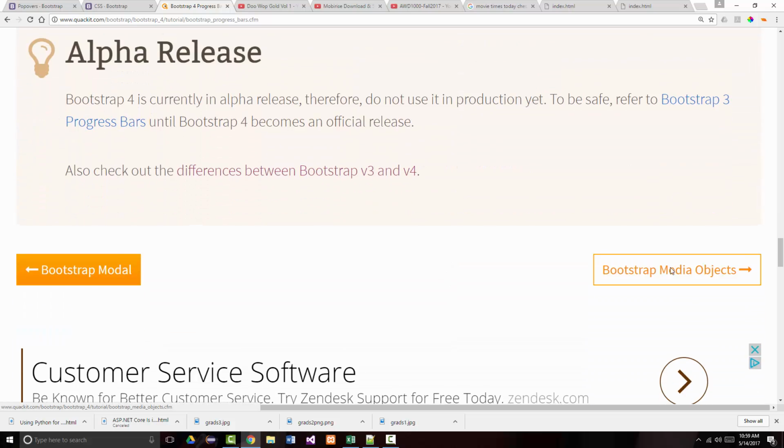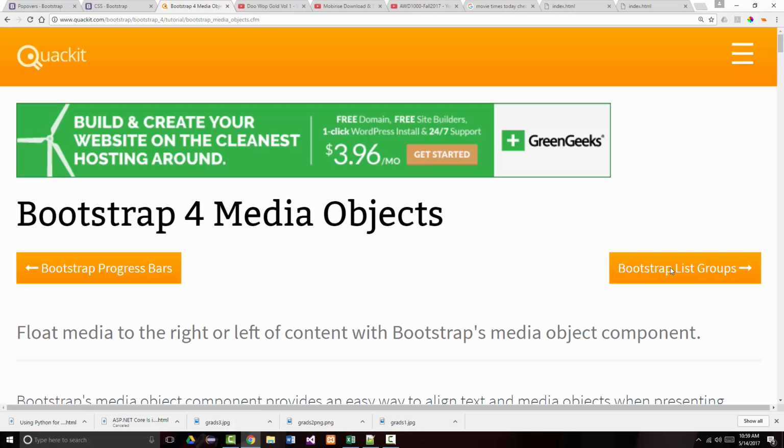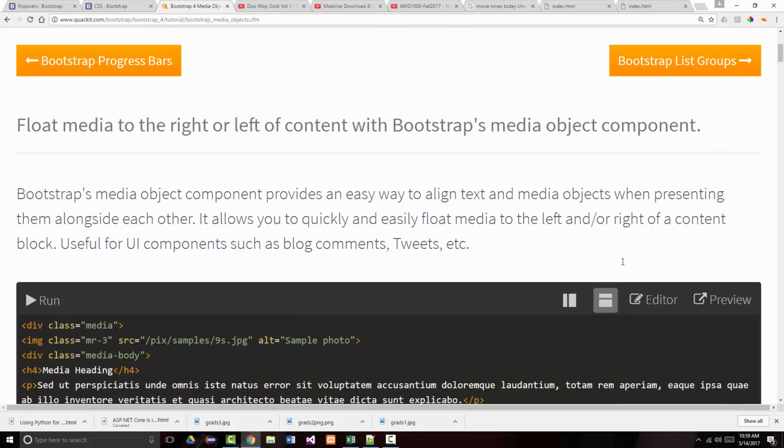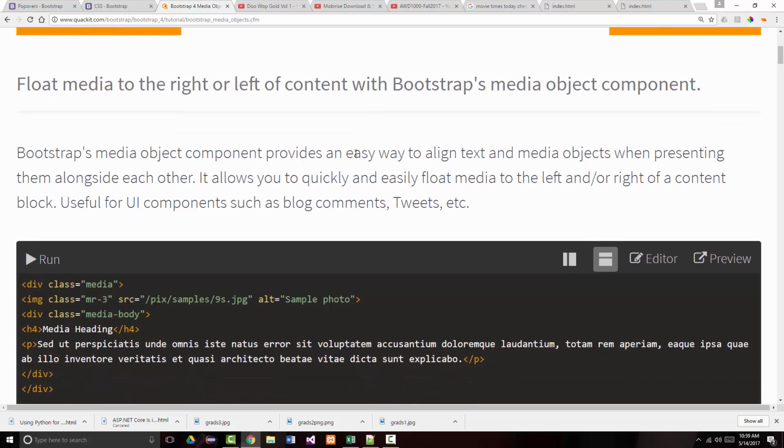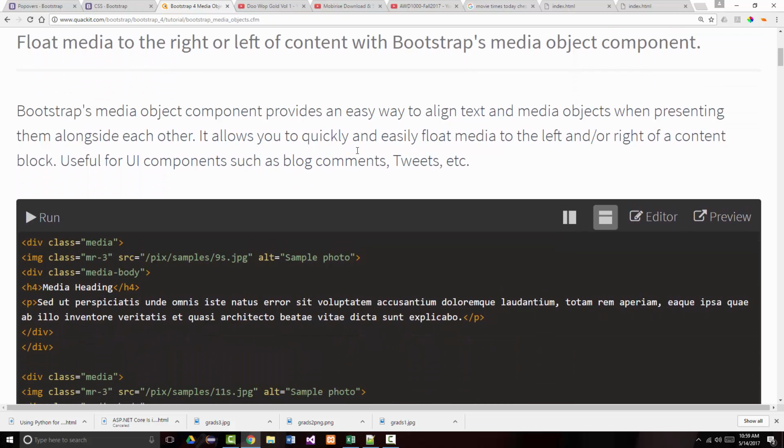That's it for modals. Media objects. As it says, float media to the left or right of content using the media object component. It provides an easy way to align text and media objects when presenting them alongside one another. It allows you to quickly float media to the left or right of content, useful for things like blog comments,